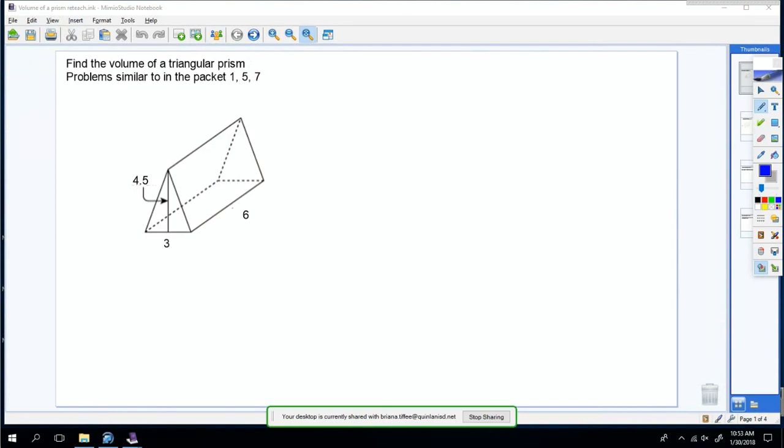So this is going to be a reteach for volume of prisms. So you're going to have a triangular prism and a rectangular prism. And I'm actually going to tell you the problems that are going to be similar in the packet that you're about to do. So first one we're going to do is find the volume of a triangular